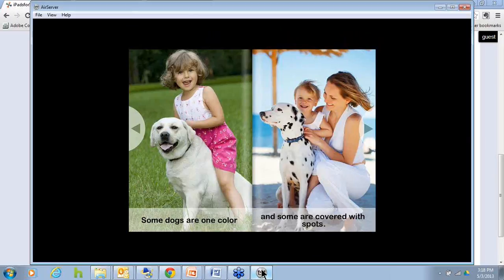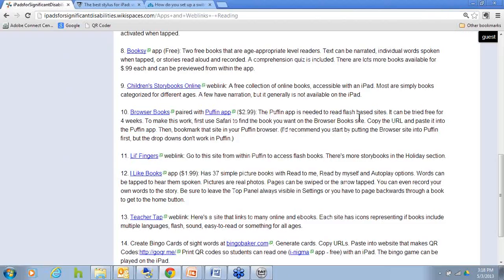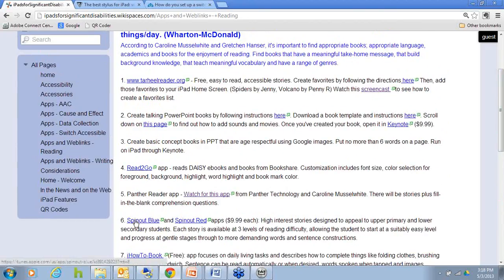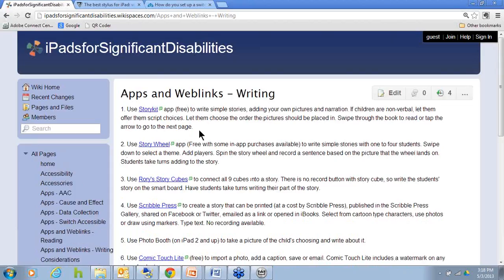So you see some great pictures in narrated books. So additional resources then in the reading section, and the writing section likewise has some nice resources that you might find valuable. So I'll click on writing, we'll go through a couple of those. Story Kit, Story Wheel, Comic Touch. Let's look at